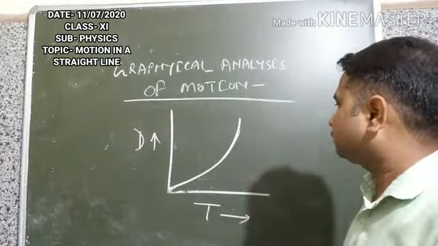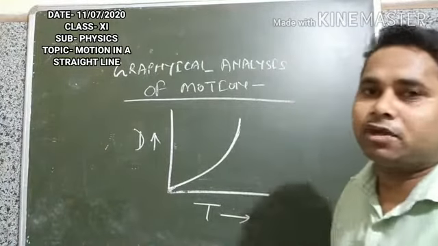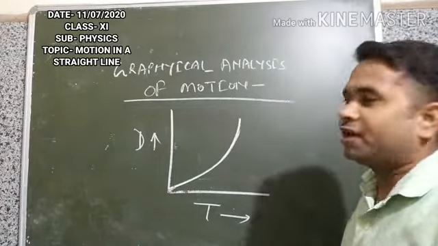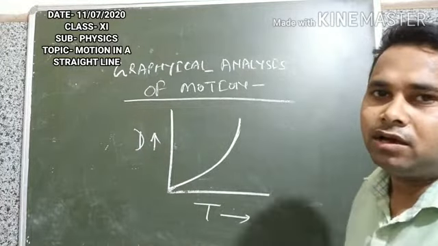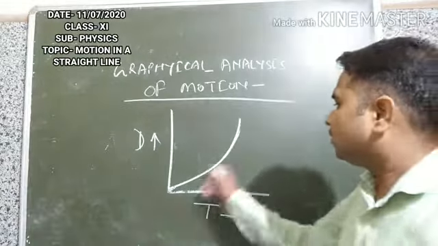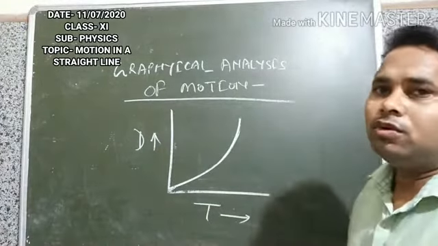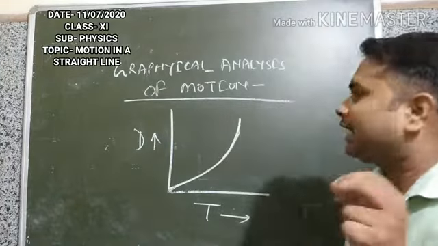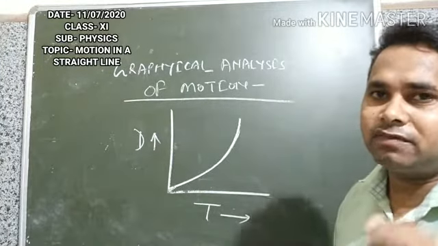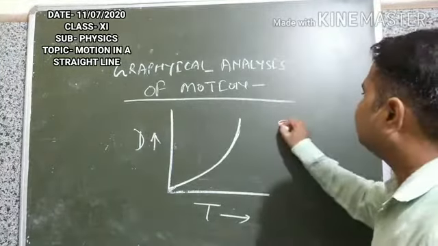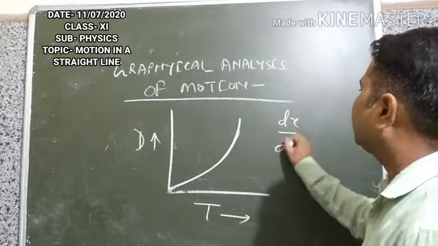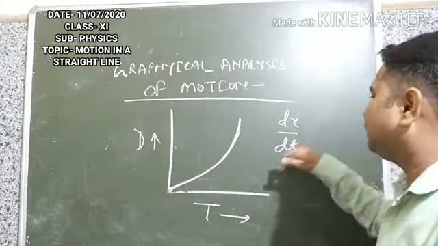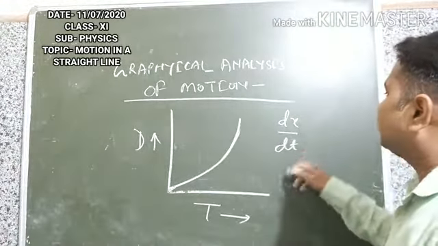And what about the slope of this graph now here? So the slope of this graph at different points will show different inclination to the time axis. So at different points you will get different velocities, and those velocities will be instantaneous velocities. So mark here dx upon dt, x along the position and t along the time. So dx upon dt